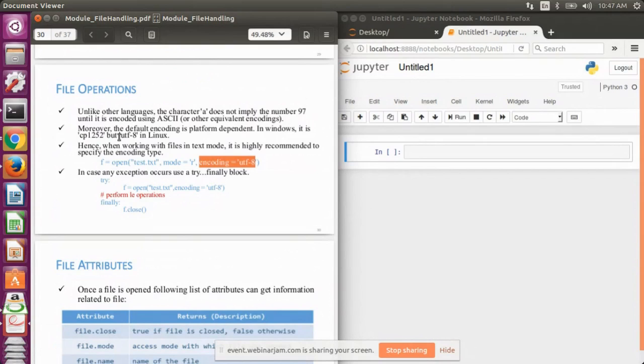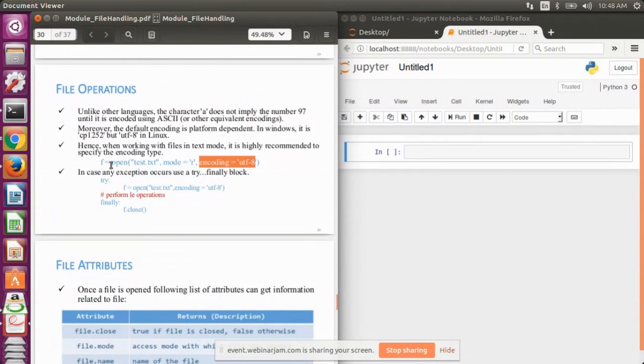But suppose you are making a web application where you are not aware of the source, or the operating system of the source where the file exists, then it's better to safeguard and define the encoding scheme, because the data may come in any form. In a web application, it's always better, if you are reading a file from a third party, to define the encoding scheme, because the third party file may have some hidden code that may corrupt your website or server. So it's a safer option to define the encoding scheme.